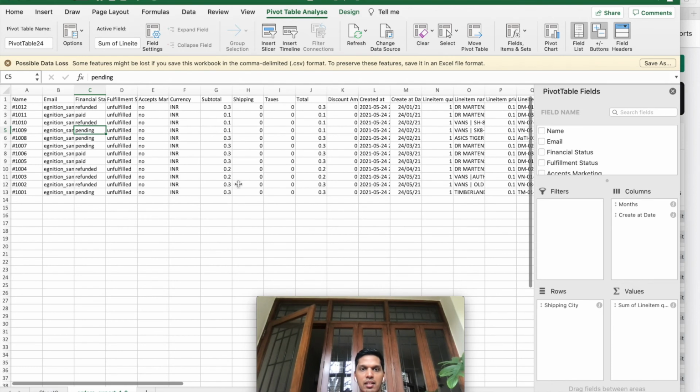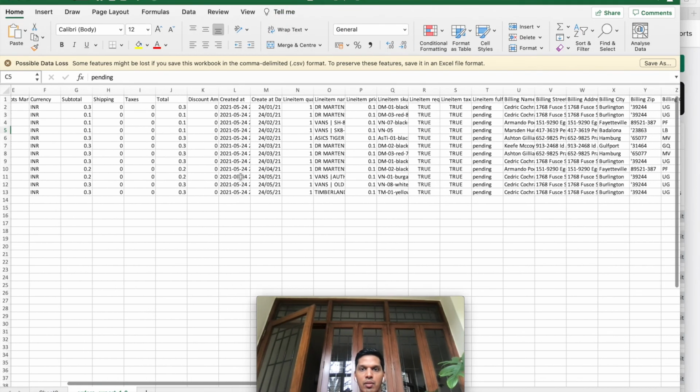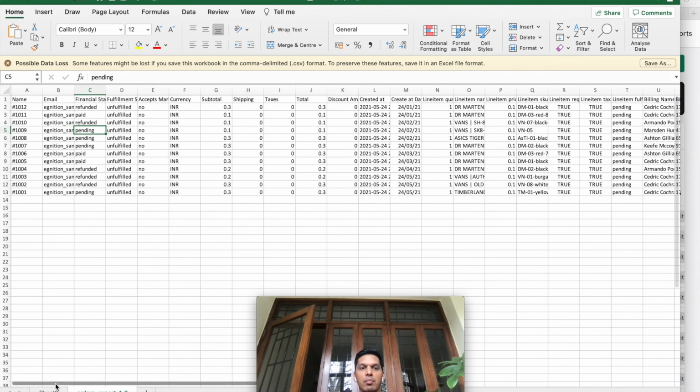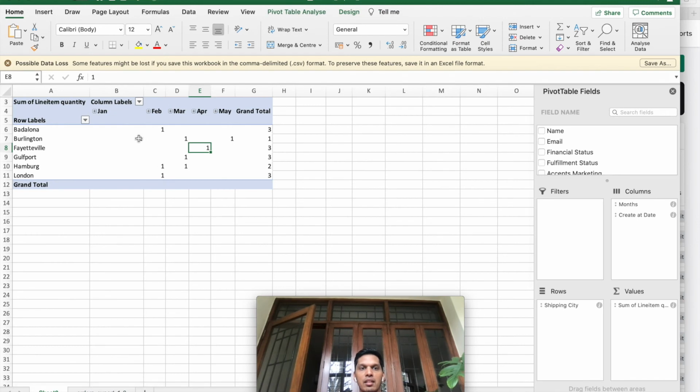And you can see that in each of these cities, we only had one sale per month. But in case you had, say in Jan, sales from Burlington, from Barcelona, and from London, then doing it this way would rank Burlington as one, Barcelona as two, London as three.